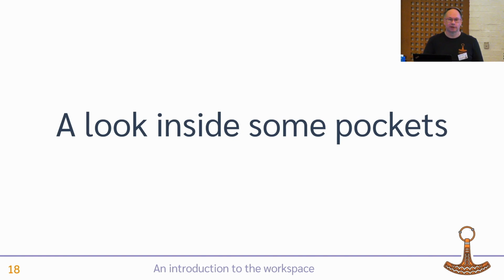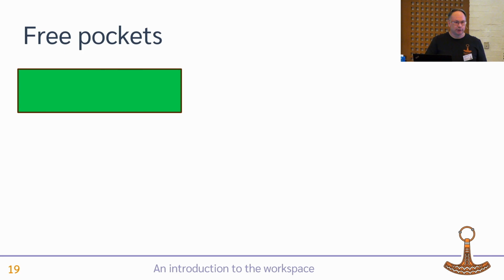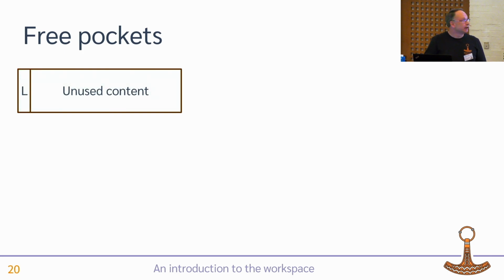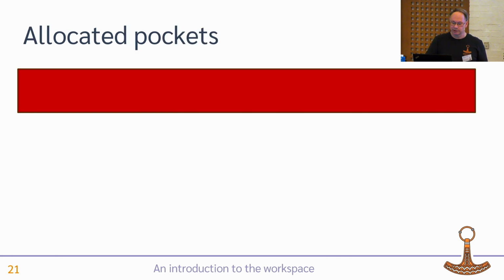Let's actually look inside some of these pockets, what we use them for. So a free pocket, the green ones, very simple. There's just a length at the beginning that allows us to jump to the next one. Everything else in that space is unused, it's just junk. And if we look inside an allocated pocket,